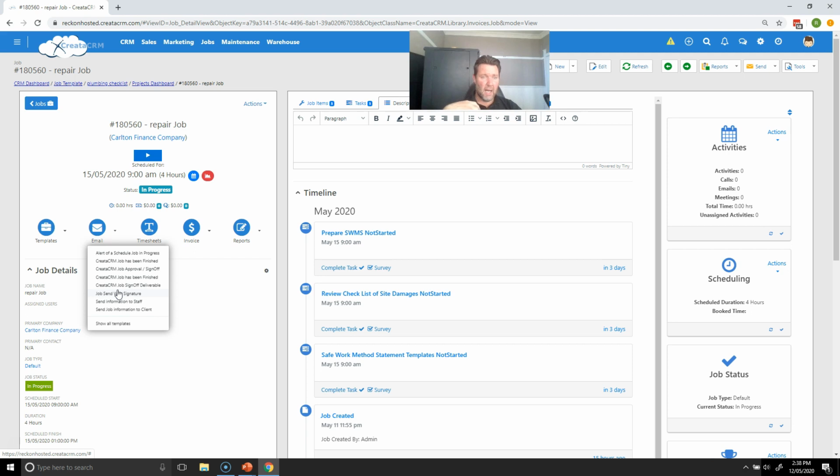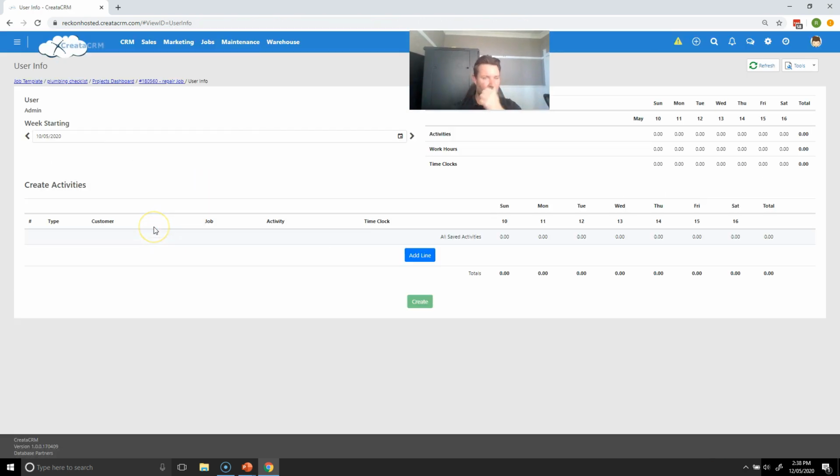You've got a job that's been finished: sign off, deliverables, send to the colleagues, all these different emails that you can email straight from this job, and email your colleagues or email the client as well, and you have sign off as well. You've got things like timesheets, which is a big component in itself. And timesheets is a bit of the heartbeat of job costings, and we'll cover that in a number of videos,